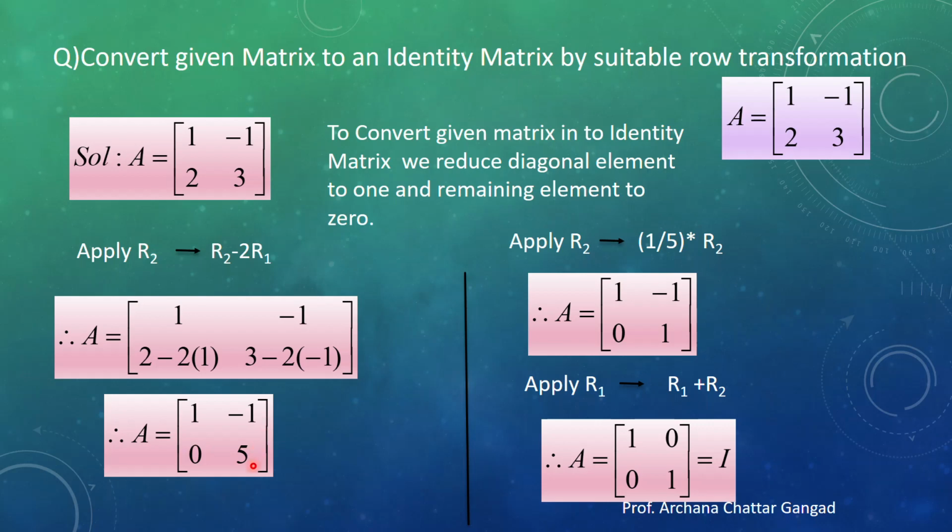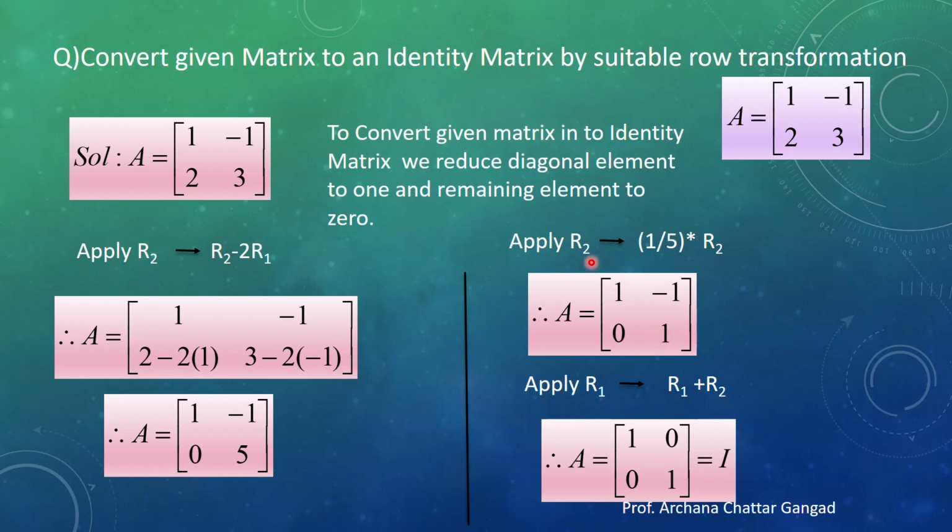Now what will be the next step? The next diagonal element, that is A22 element. Here we have to make it 1. We have to reduce that element to 1. So 5 divided by 5, it becomes 1. So multiply the second row by 1 by 5. So R2 value is 5, put here 5 into 1 by 5. So 5 gets cancelled. Automatically the answer will become 1, which we require here at the position of A22.